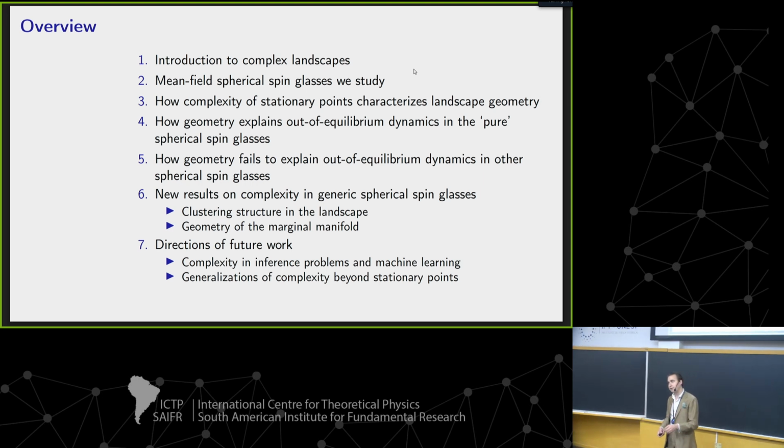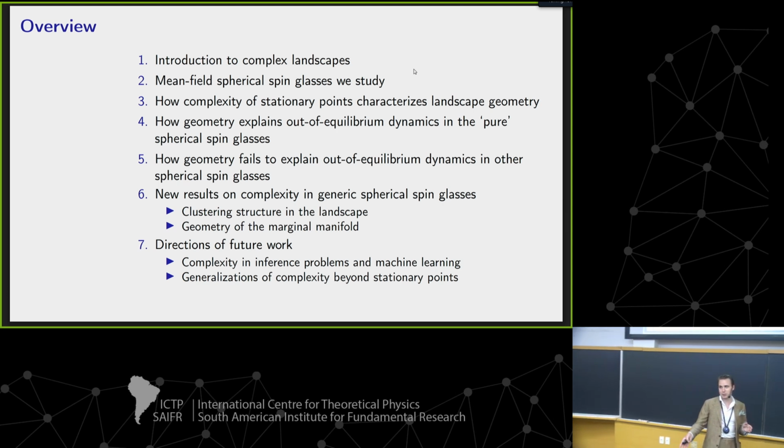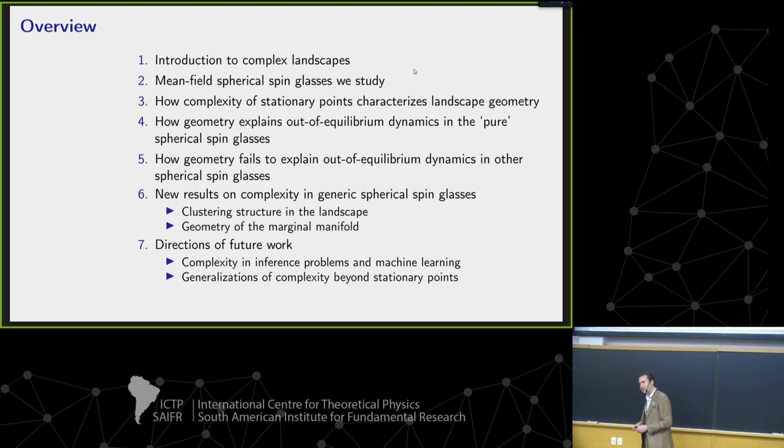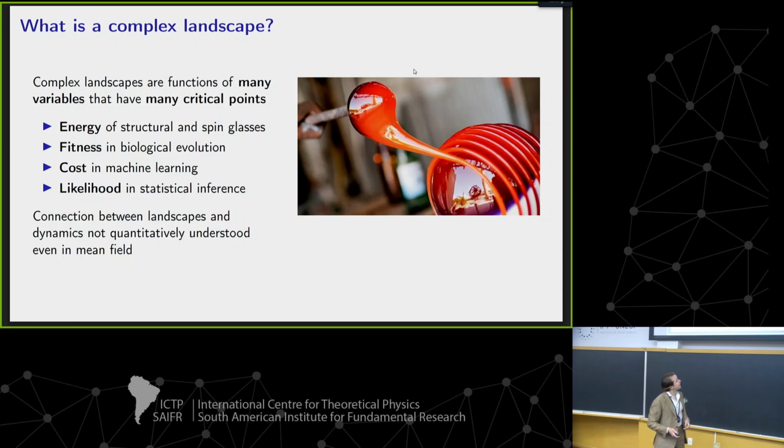And so a lot of the motivation then for the next part of the talk will be delving more deeply into the geometry of these models to look for features that we may hope to use to bridge this gap in these more complicated systems. So I'll explain some work I did in these geometric studies of these more complicated models, which, as a spoiler, don't actually succeed at explaining everything about the gap between geometry and dynamics. And finally, I'll explain some directions for future work, which are inspired, I hope, by what you will see in the talk. So to get started, what is a complex landscape?